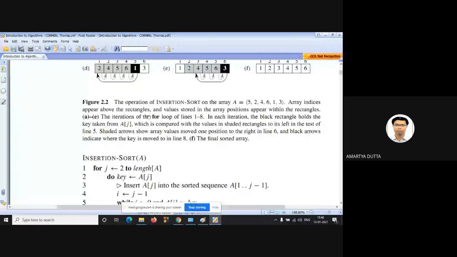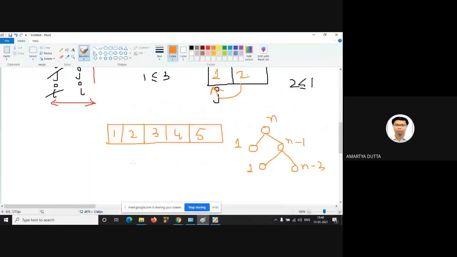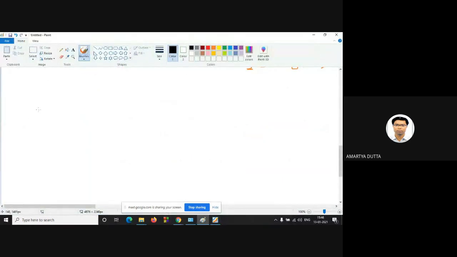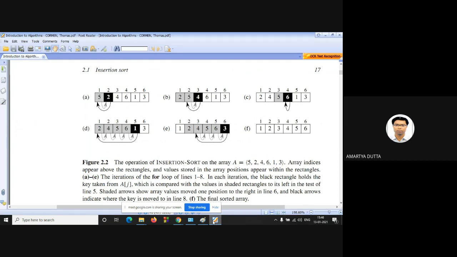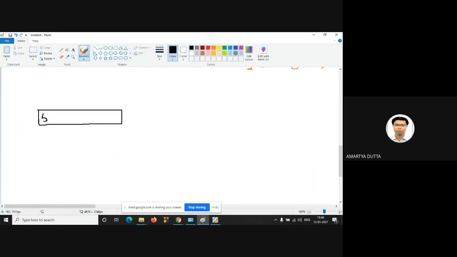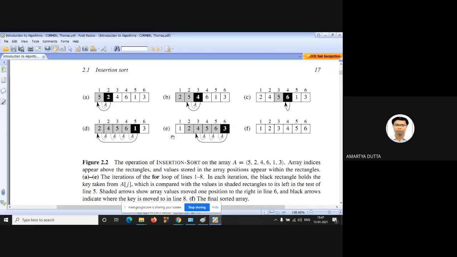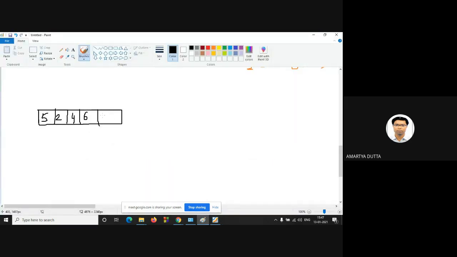So let us take an example: 5, 2, 4, 6, 1, and finally 3.